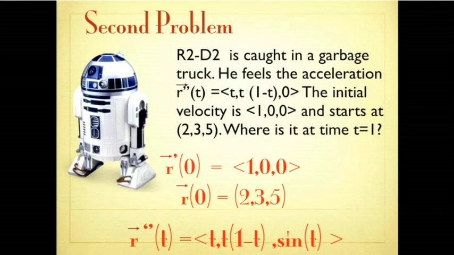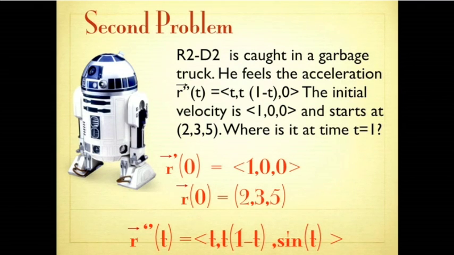So we have this acceleration. R2D2, of course, has an accelerometer, so he knows the acceleration. So he can figure out where he is after some time t. So here we have R2 prime of t. Actually, I changed my mind here from 0 to sine t, just to make a point. So we take sine t, not this.